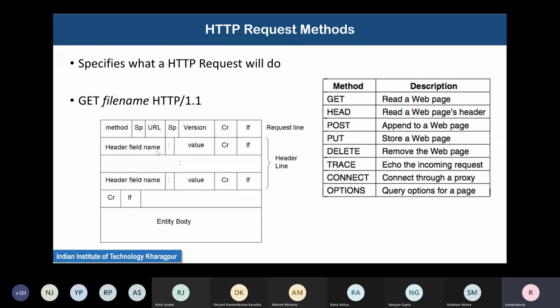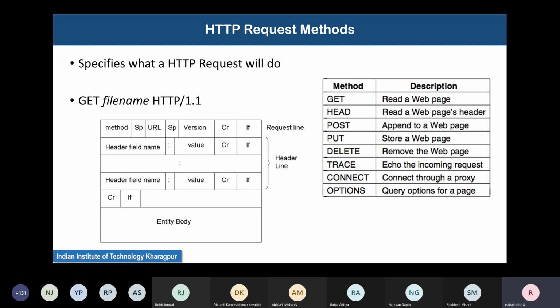Then there are header value pairs: header field name and value, one on each line. And then there is a CRLF at the end of every line.